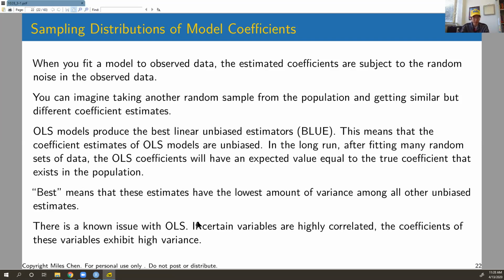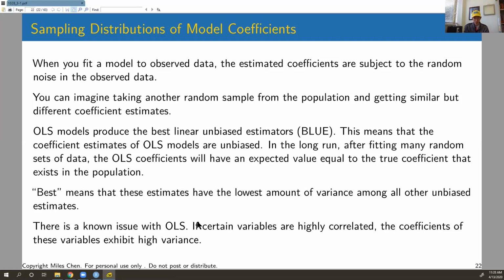And so the coefficient estimates that we get, whether from OLS or some other system, are subject to the random noise of the random sampling process, from selecting values from the population, right? So we've selected values from the population and we fit some kind of model to it. If we had gone to the population and drawn a different random sample, we might fit different values to it,